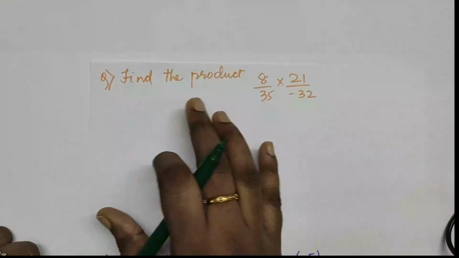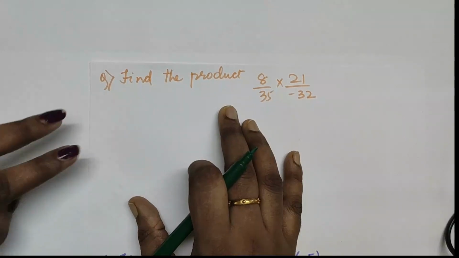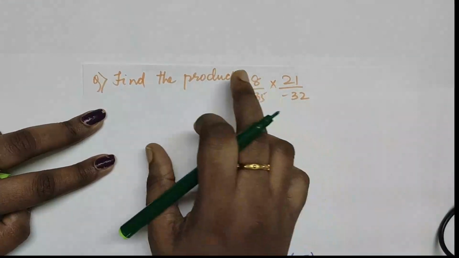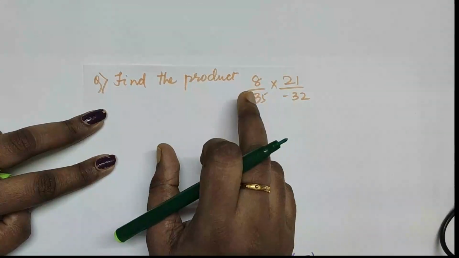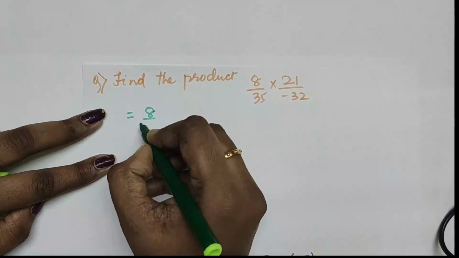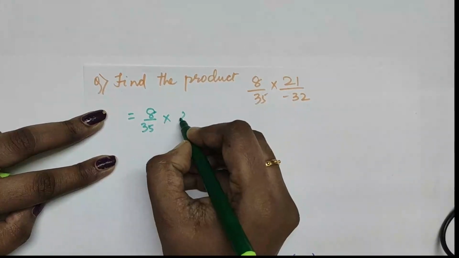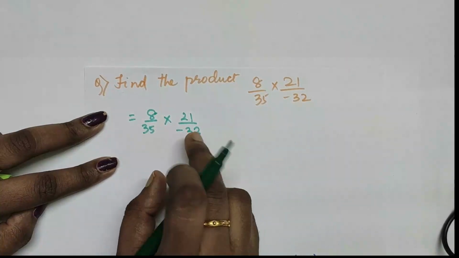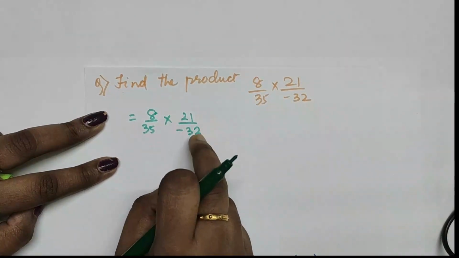The next question is finding out the product. So as I had told you in the beginning, for doing the multiplication or finding out the product, you can simply multiply the numerator and the denominator. But if we can cancel out any values, we should always do that first, so it becomes easy for calculation. Also see that you convert the negative denominator into positive.